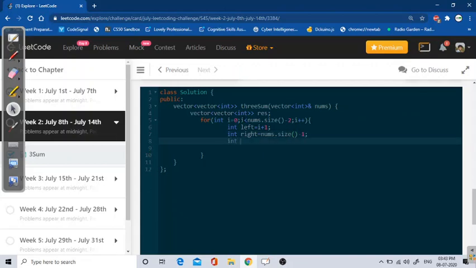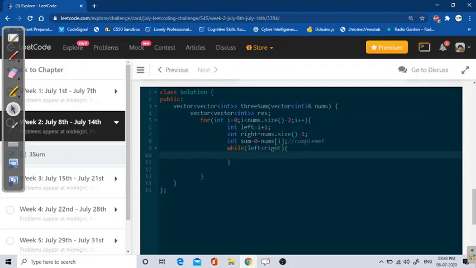And I also create one complement. Let's, instead of writing complement, let's write sum. So sum will be my 0 minus, because at the end after adding three triplets we will get value equal to 0. So I'm just complementing. So for that I'm doing 0 minus, and here the array name is nums, so I'll do nums of I, right? So here we got the complement, right? Sum complement. So what I will do, I'll make a while loop, and I'll check if my left is less than right.